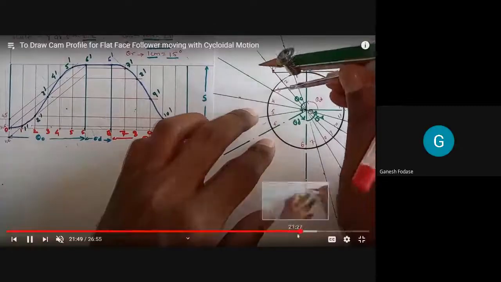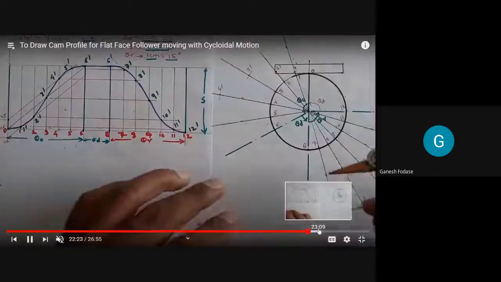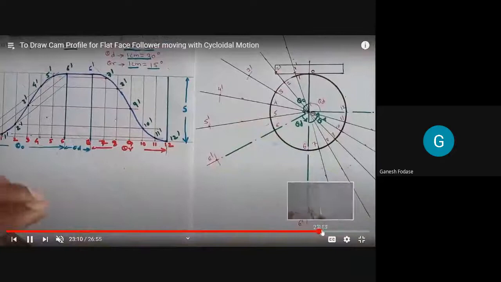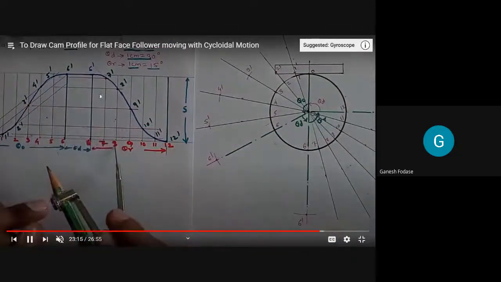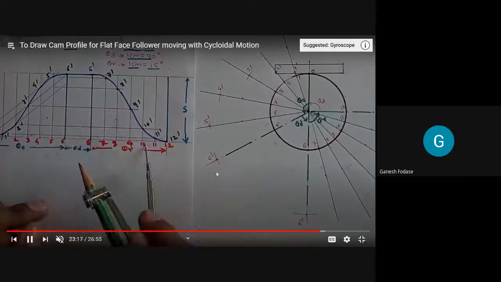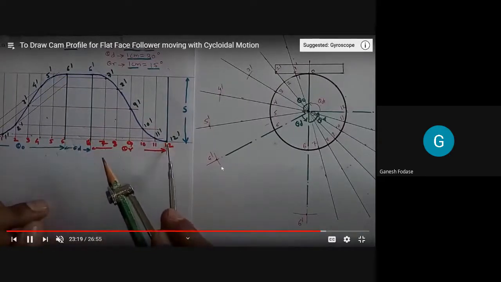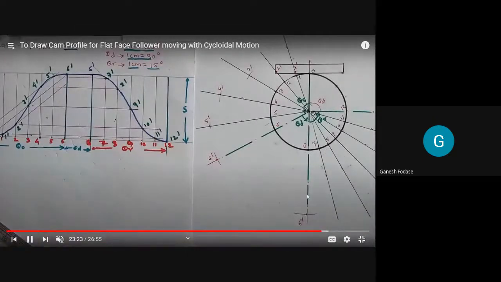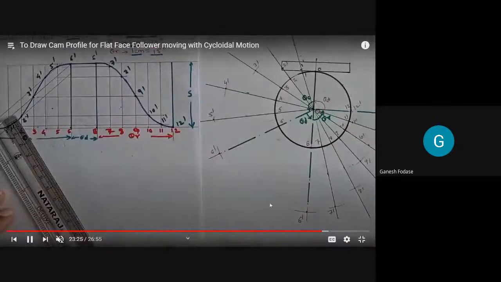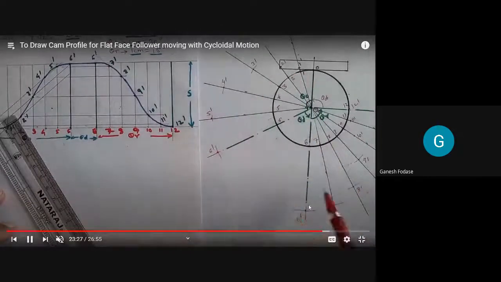So just mark those distances. After getting all distances, we get 6 dash, and remember, here 6 dash to 6 dash. During the 12 period, it is stationary, so we can mark an arc directly here. No need to join by curve. We can directly take 0 and 6 dash here. Again, here also 6 dash. So the distance remains the same. We can mark an arc directly from 6 dash to 6 dash.